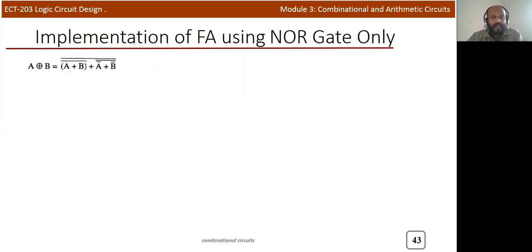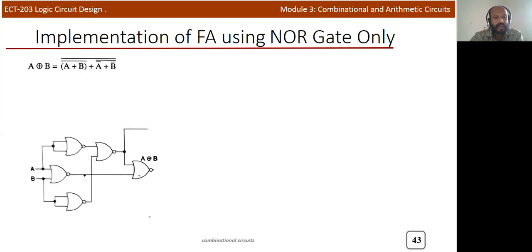In a similar way, we can implement full adder using NOR gate. We know that the NOR equation will be like this: A XOR B is equal to (A plus B the whole bar) plus (A bar plus B bar the whole bar), and again one more NOR operation. From the previous explanation, we got this particular equation. Just refer to the previous slides. So this is a NOR circuit. The final equation, if A and B are the inputs, A XOR B will be like this, and you can see the A XOR B expansion.